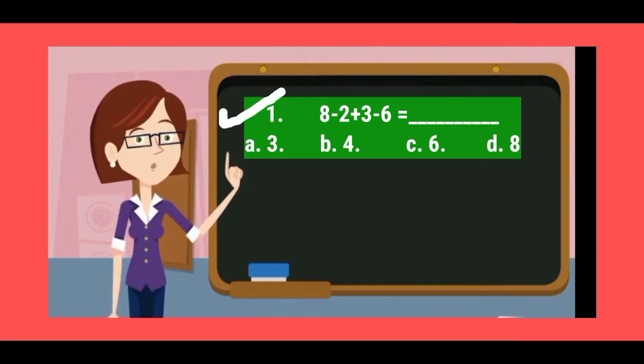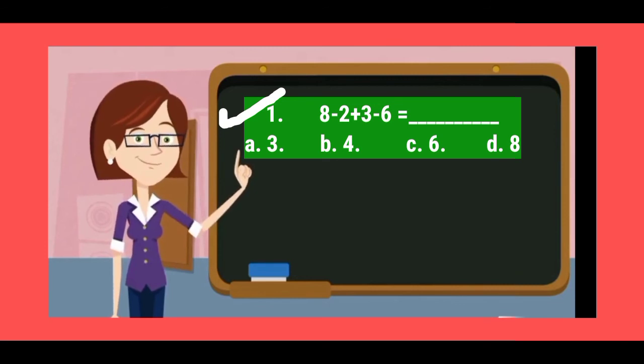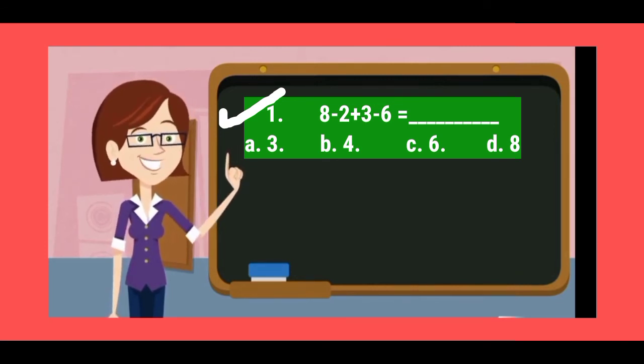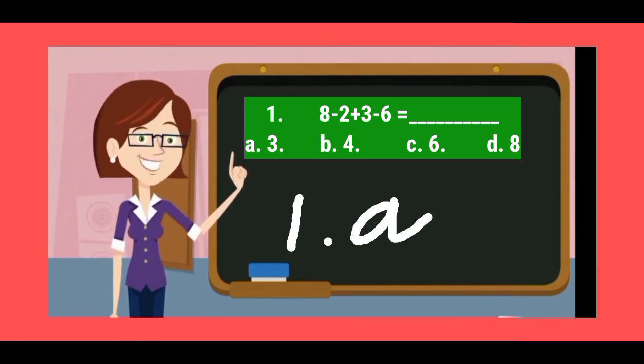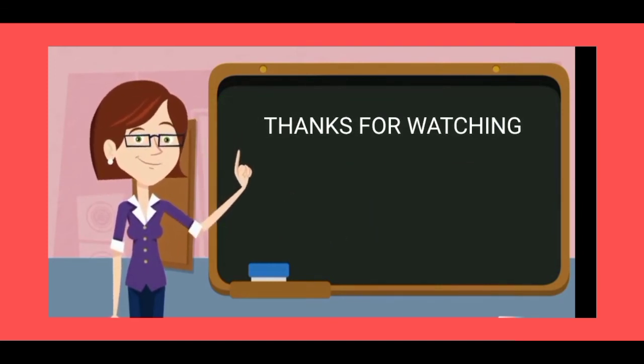Right? Now we will find the answer. See? A. Number A. Answer is 3. Rest all the answers are incorrect. So how you are going to write this in your answer paper? You will write number 1 A. Number 1 A. That is your correct answer. In this way, children, you will solve your paper. So today till this much.